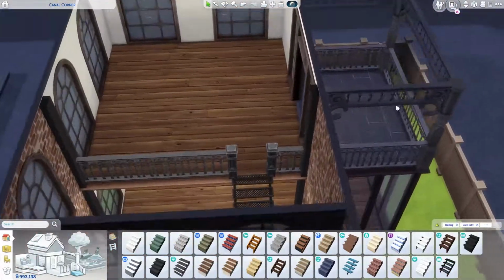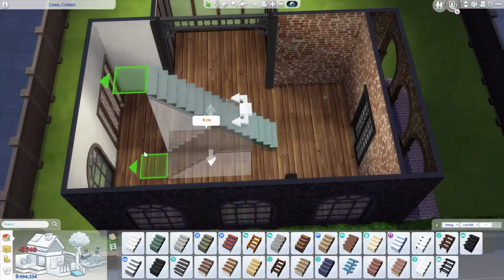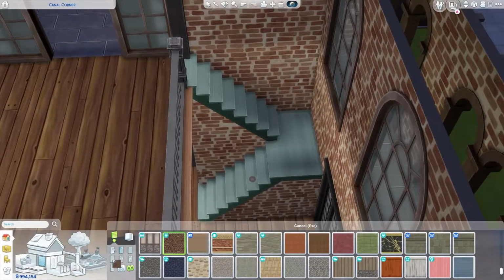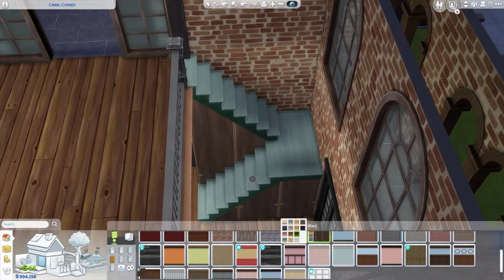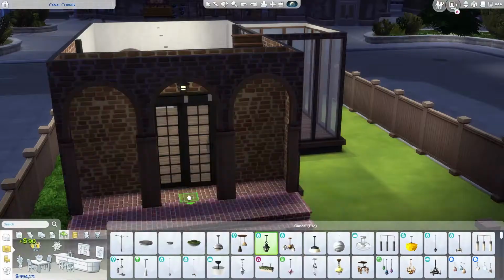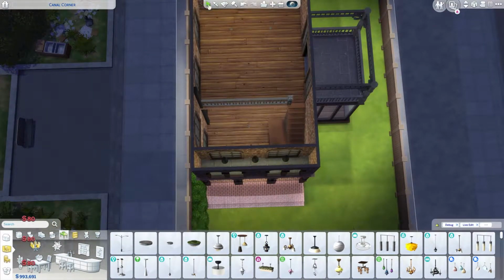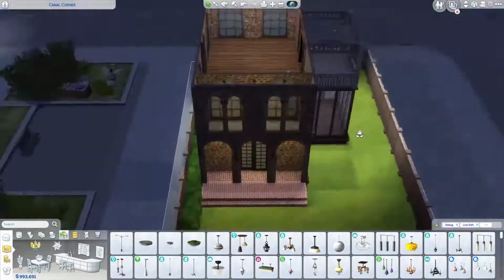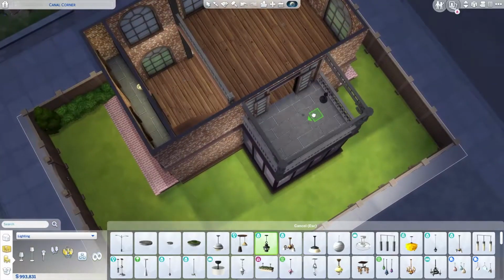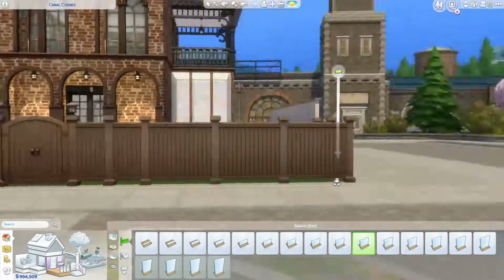But yeah, so this is, I mean, the outside is probably not really that done, but I was moving in and out like I usually do with most of my builds anyways, and I was figuring out the stair thingy. I really wanted a loft situation, so I guess it's a lofted building. In real life, I don't even know if this is possible, but I just wanted to make an open area, make it look more like a lofty repurposed old building. I didn't make it look too old, but the brick texture that I used here is pretty nice. So yeah,